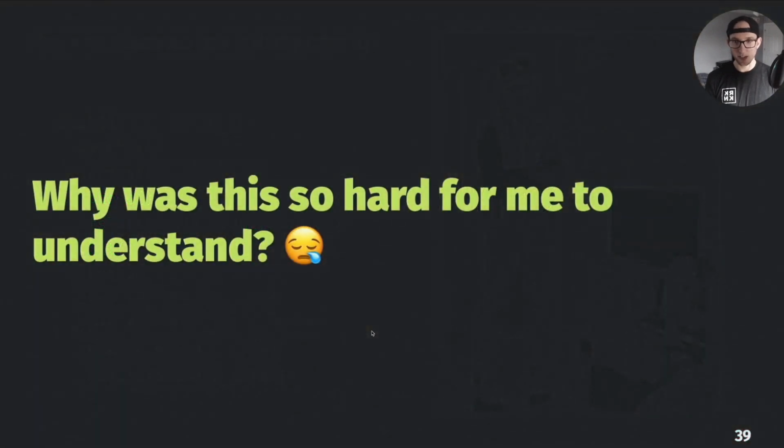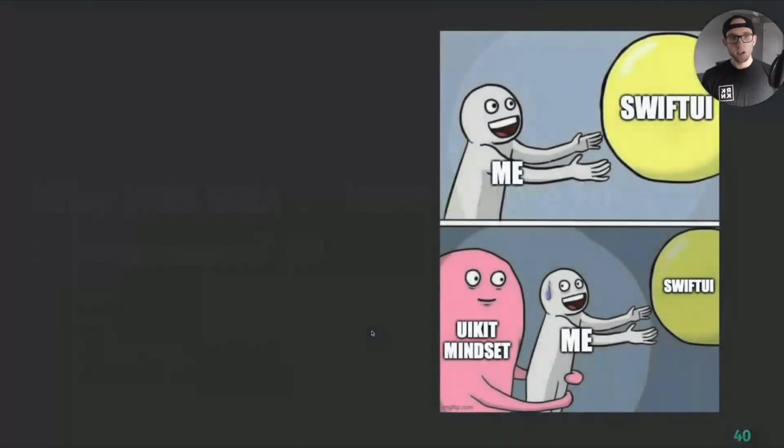I don't usually go out like that. But why was this so hard for me to understand? At this point I had like 9 years experience doing iOS development with UIKit, a little bit of AppKit experience, and then I did front end web, which is some UI stuff, but things just didn't click for me. Well, it turns out I was amazed by this SwiftUI and all the fancy things that I